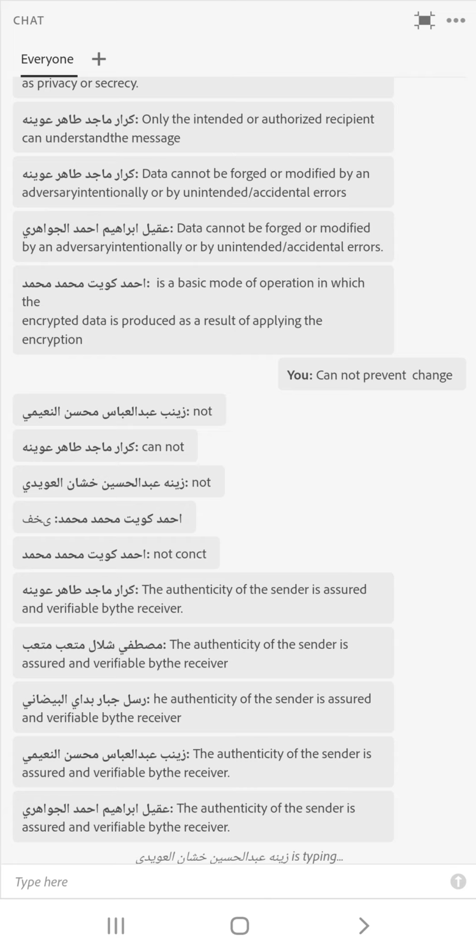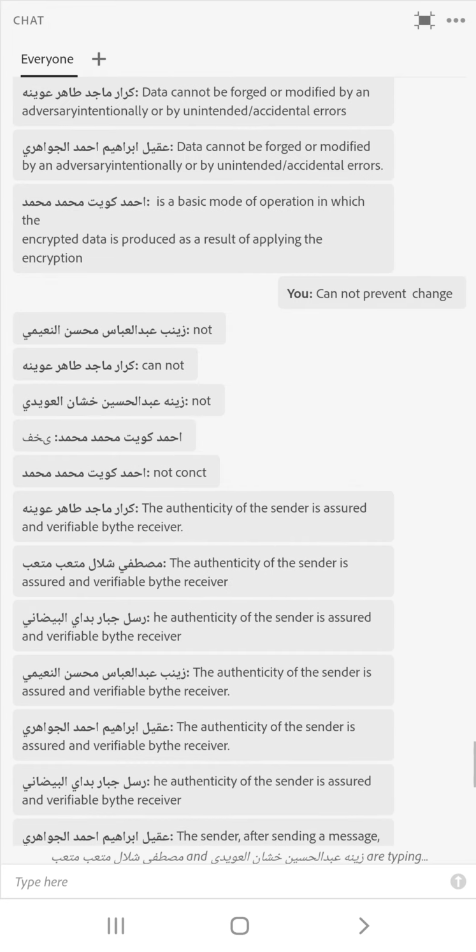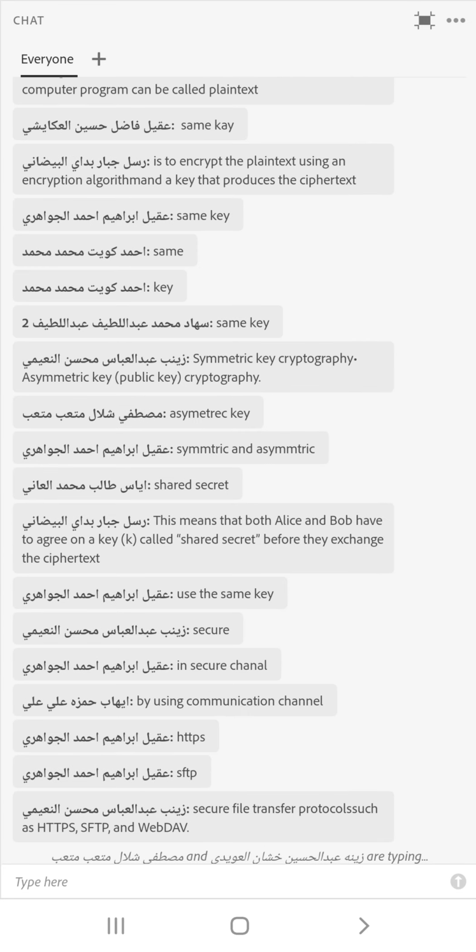Next question. What are the most common uses of symmetric key cryptography? Not just by using any communication channel, but a secure communication channel, okay? Yes, HTTPS, SFTP, WebDAV, yeah. So,